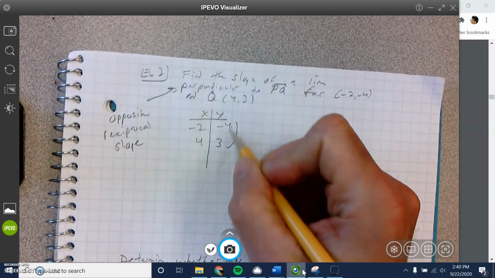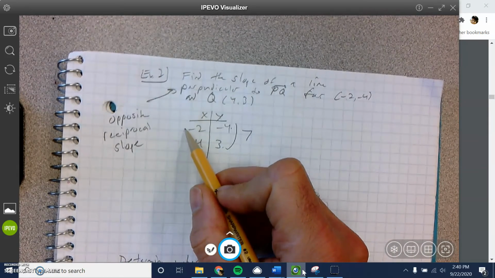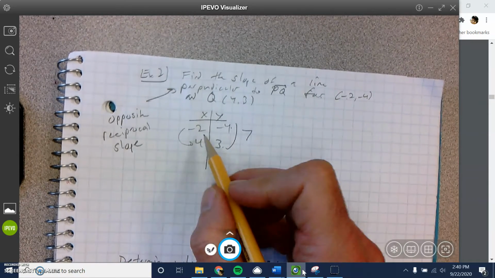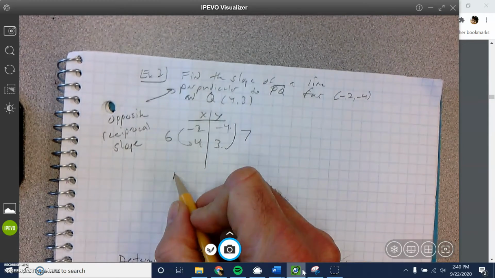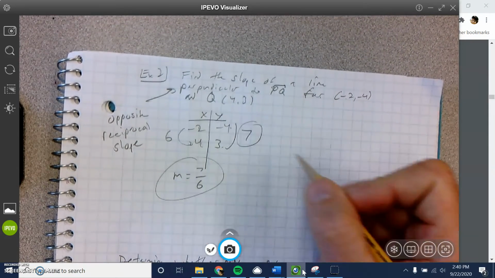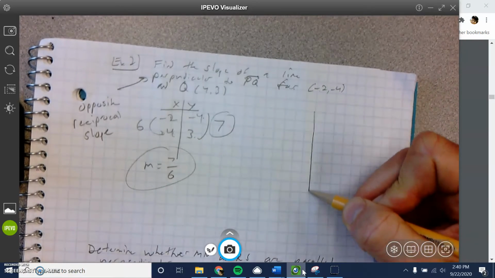Change in Y. Negative to positive, you're going up how much? 7, yeah. And then the X, you go from -2 to 4. You're going negative to positive, so you're going up how many? Yeah, 6. So your slope is change in Y over change in X. Cool. So if we're drawing a picture,